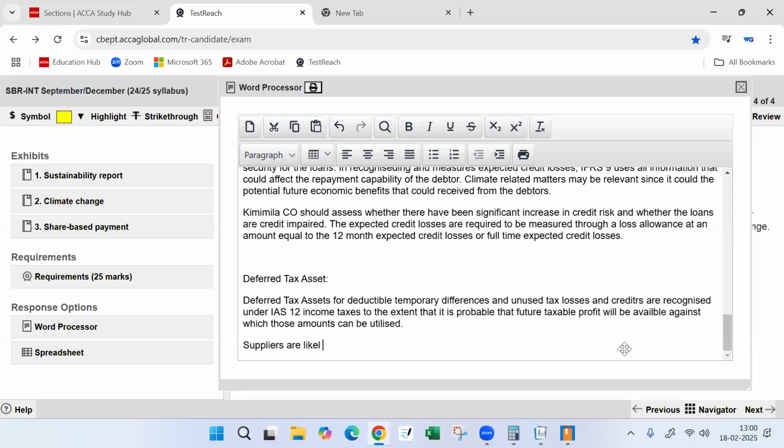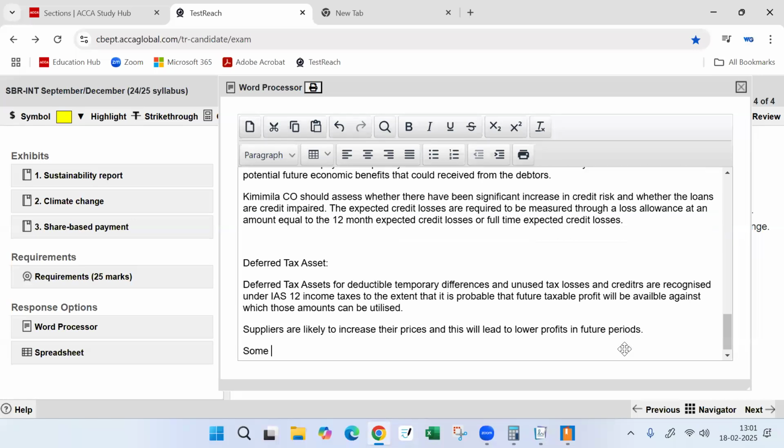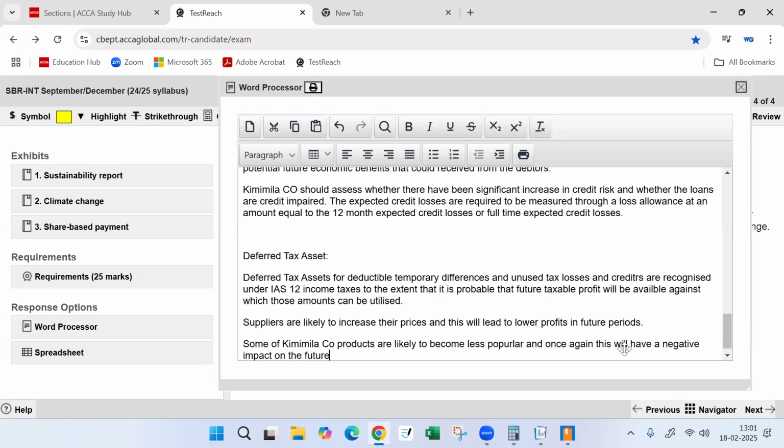Suppliers are likely to increase their prices, and this will lead to lower profits in future periods. Some of Kimimila's products are likely to become less popular, and once again, this will have a negative impact on the future